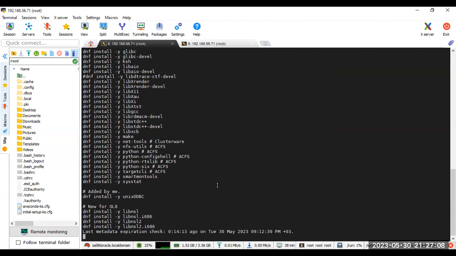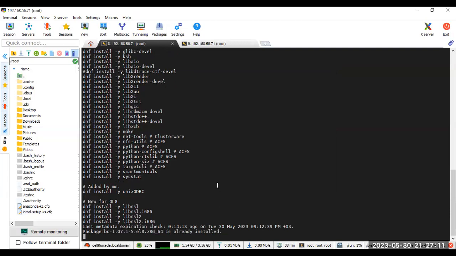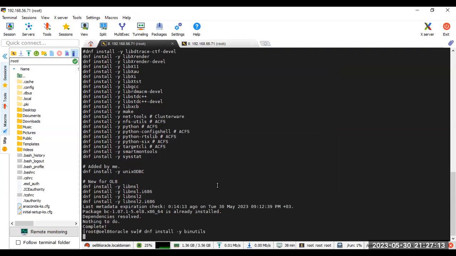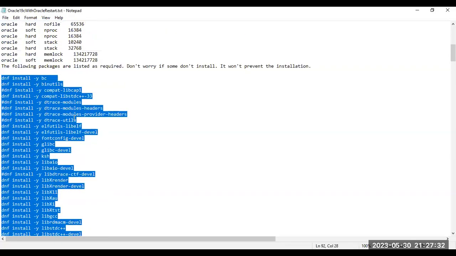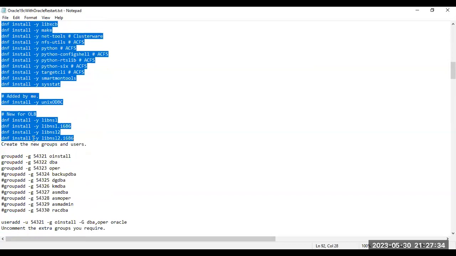In this package, we can either create our local repo, but we are installing from the internet repository, which is pre-built. You don't need to change anything. Only the machine has to be connected to the internet. So the first one, bc, is saying it's installed. Now it is trying to install binutils. If you see this one, let's see if it is installed or whatever. And in parallel,